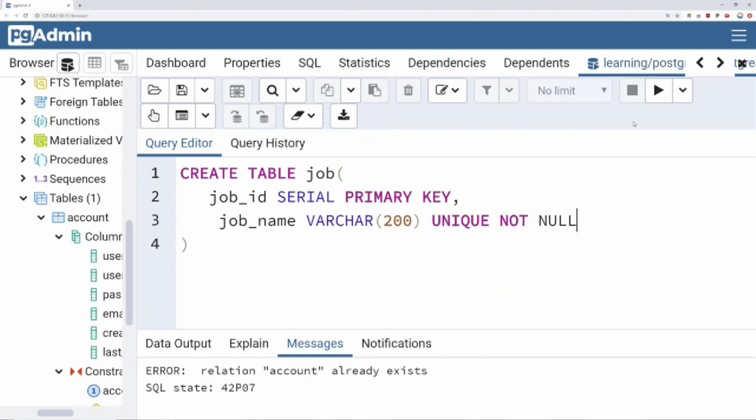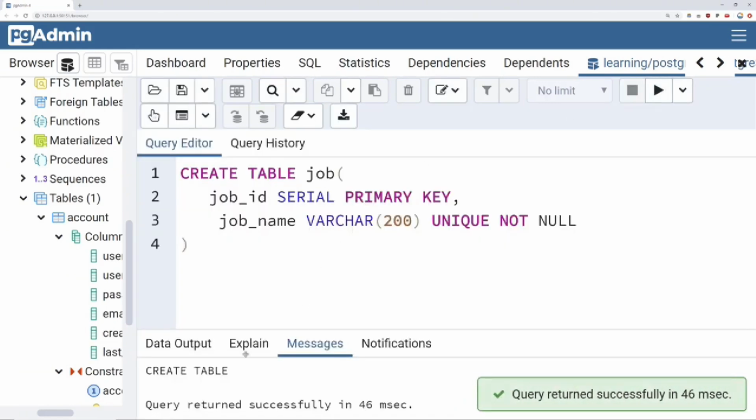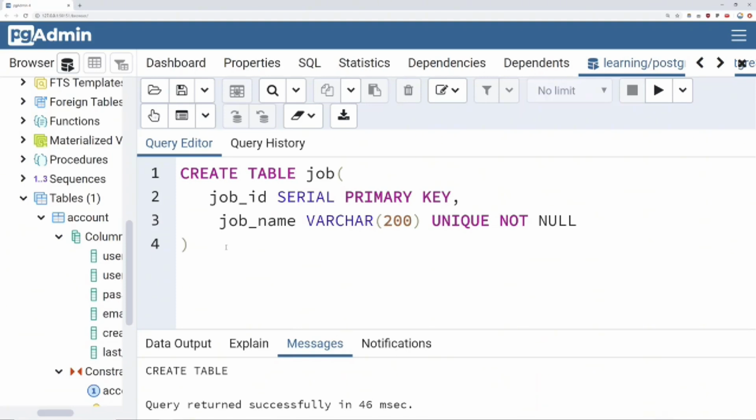Very simple for the jobs. Let's go ahead and run this. We should get back create table, query returned successfully. Remember, you can only run this 1 time. And now what I want to do is create a table that references both the account and